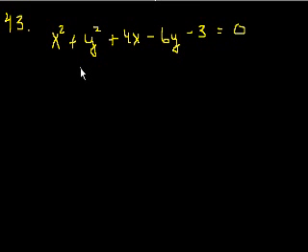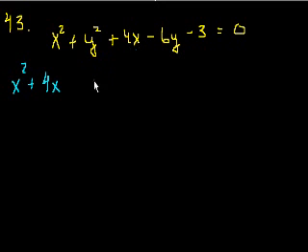I don't know what it's officially called. And you do that by completing the square on both the x and the y. Then you should be able to recognize what kind of conic section it is. So let's separate out the x and the y terms. So the x terms, I'll do that in blue. You get x squared plus